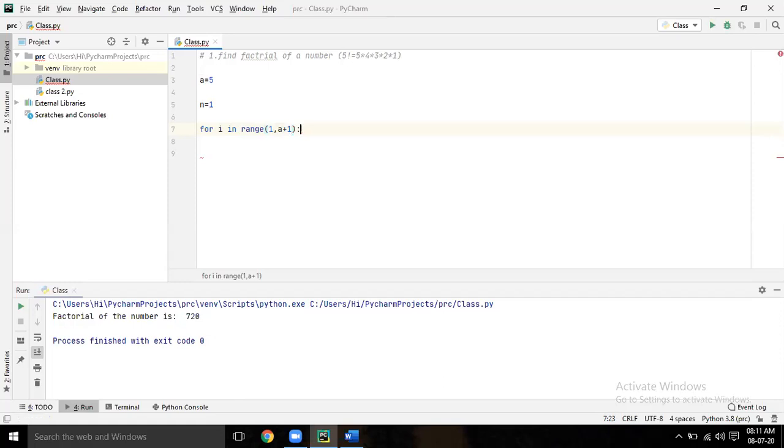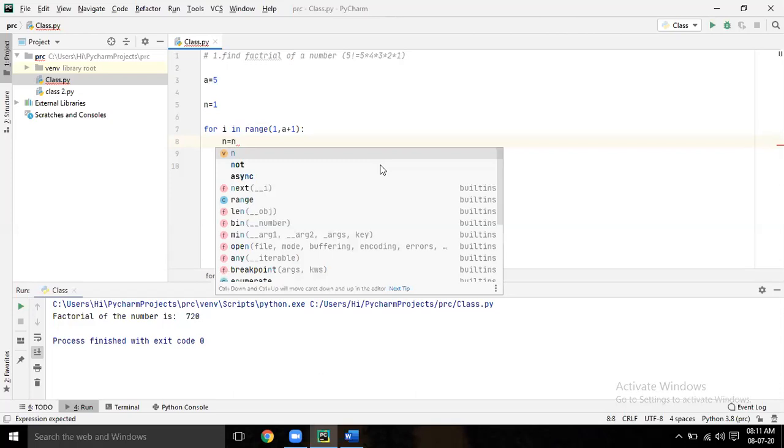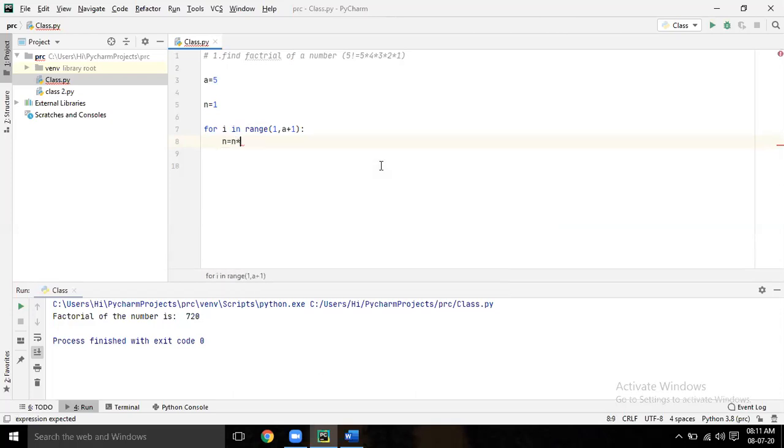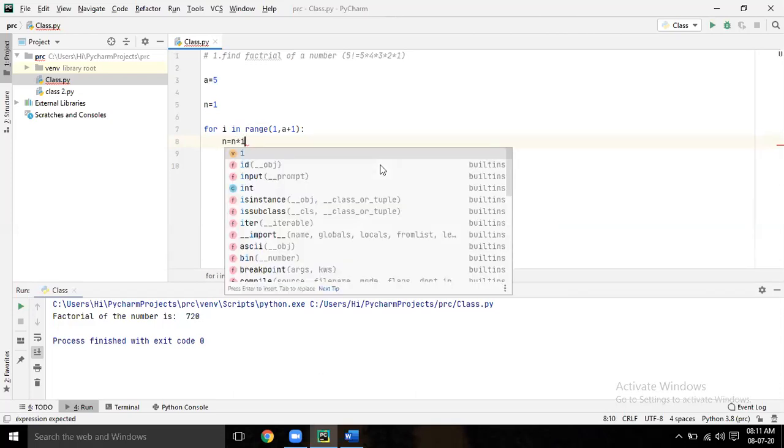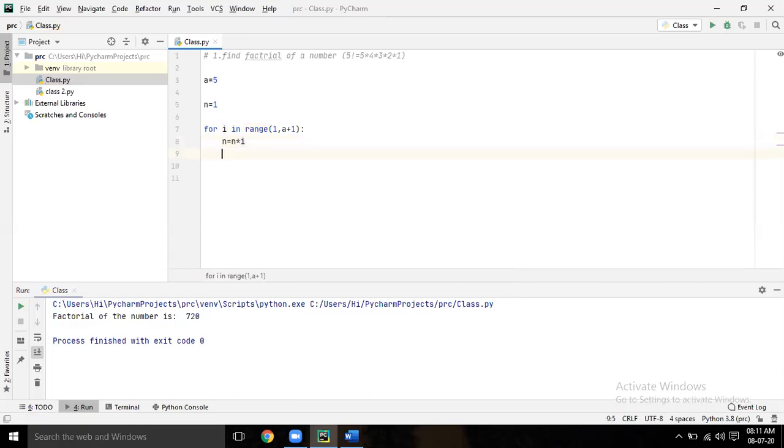So it will start from 1 till a plus 1 with increment. Correct. Enter. Now n equal to n into i. Now print n. Run it.